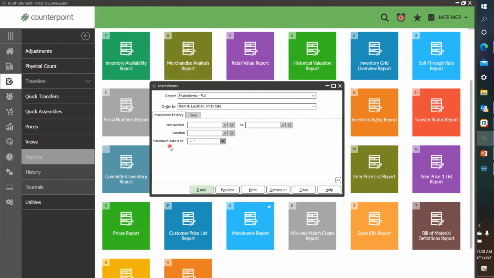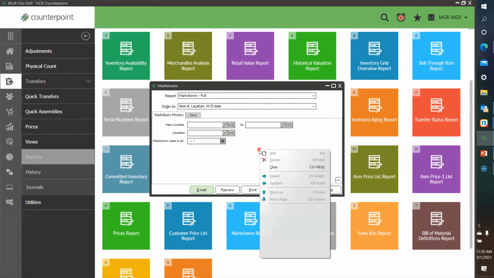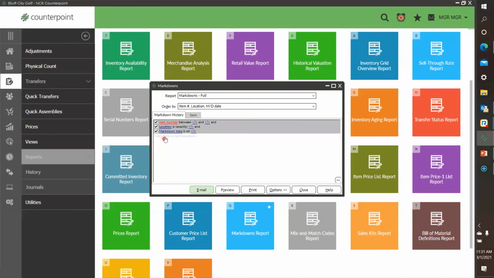So this element is actually not a very good choice because it's basically saying the markdown date is exactly on this particular day. Maybe you were doing markdowns the entire month of August and you just want to see everything in August. You're going to need to customize this filter. So again, it's right click, Customize,